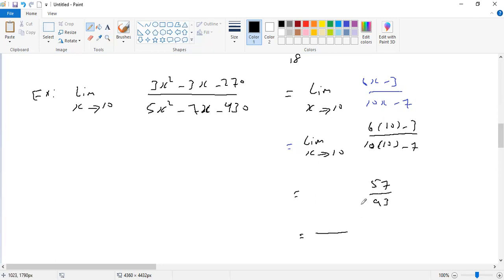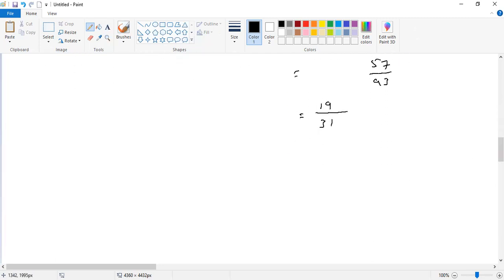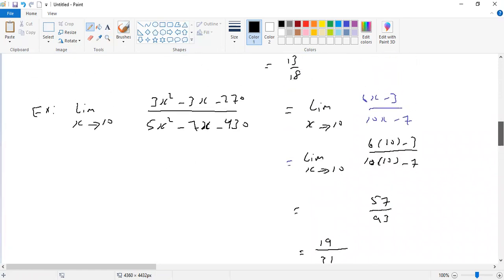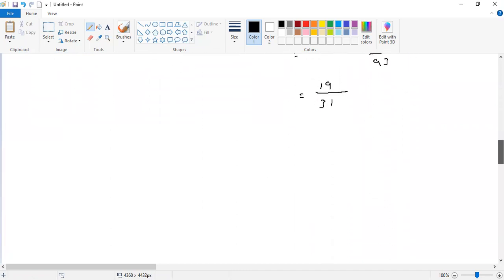If we divide by 3, the numerator will be 19, and the denominator, divided by 3, will be 31. So it will be 19 over 31. That's okay, that is the answer. Now, another example. See, the same example can be changed. For example, let me say limit